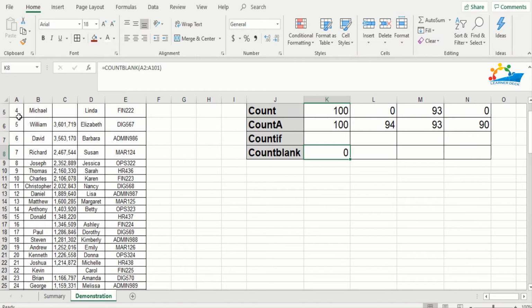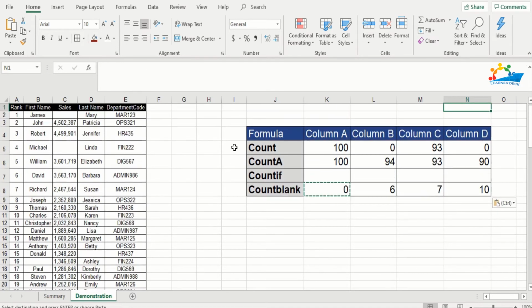Now let's copy this and paste it for column B. It should be 6. Perfect. And here it should be 7. Wonderful. And here it should be 10, because COUNTA has already told us that column D has 90 non-empty cells, and the total number of cells or rows that we are dealing with is 100.